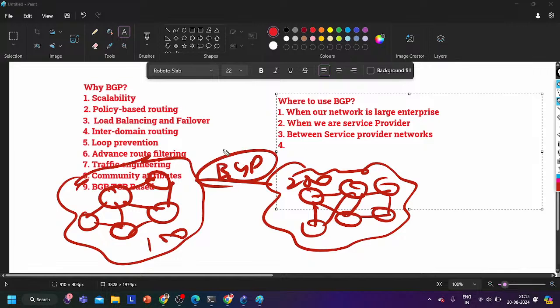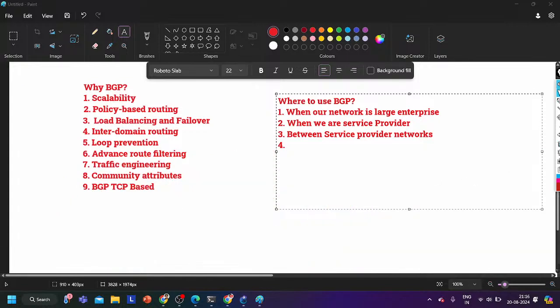Remember the one topology of EIGRP. In EIGRP, guys, we had merged the networks of two different companies, correct? Am I right? We had merged the network of two different companies, ABC and XYZ. And in that scenario, I had redistributed routes on both edge routers. You will see in the same scenario how we are going to use BGP and how easy it will become when I use BGP there. So between different companies, between different internet service providers, we will only be using BGP.